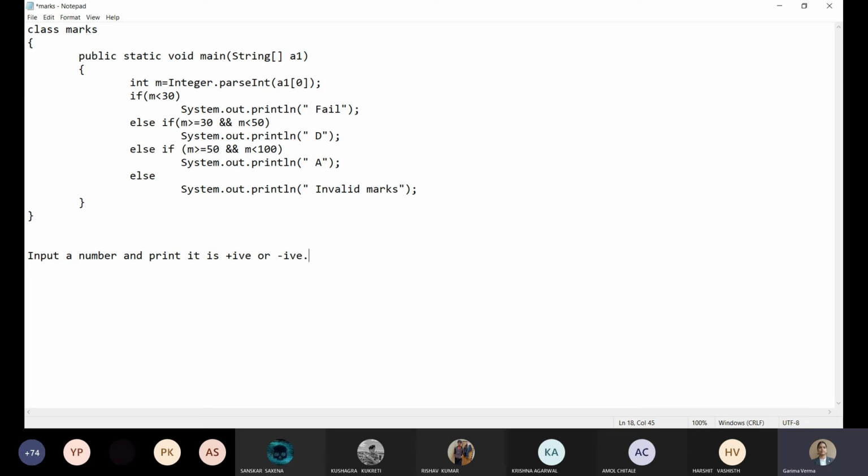Okay, positive, negative or 0. You have to handle this. And the compulsory condition is use only if else if. ये आपको दिया हुआ है, आपको केवल ये यूज करके प्रोग्राम बनाना है, इसके सिवा कुछ नहीं लगाना है लॉजिक आपको.